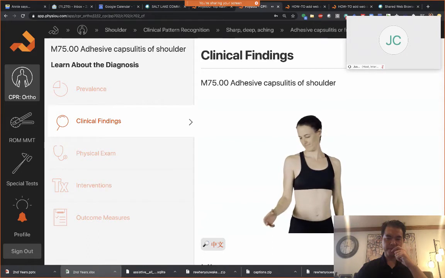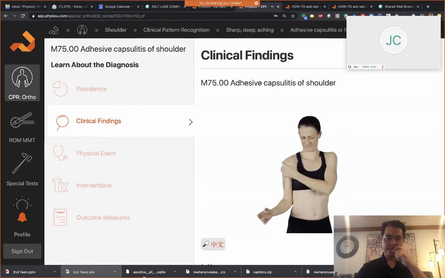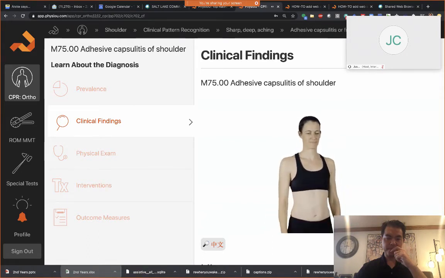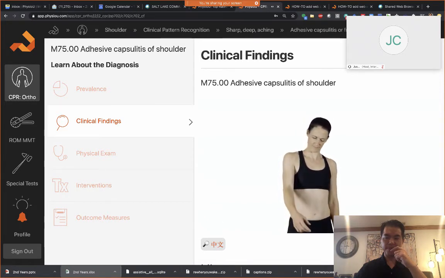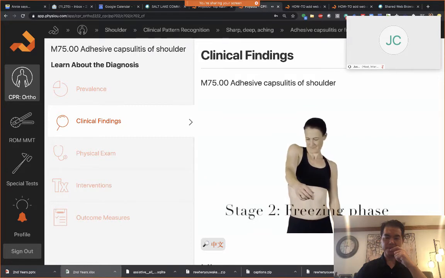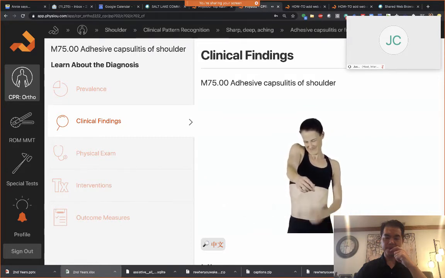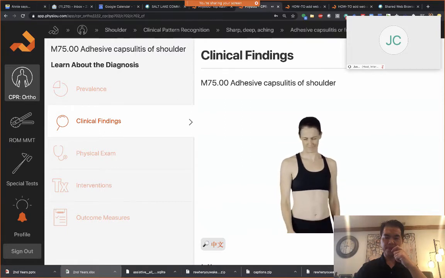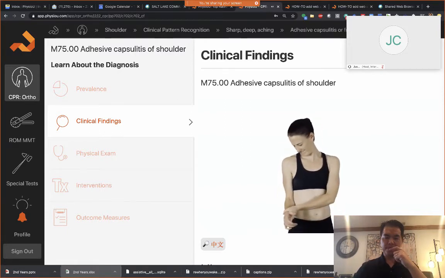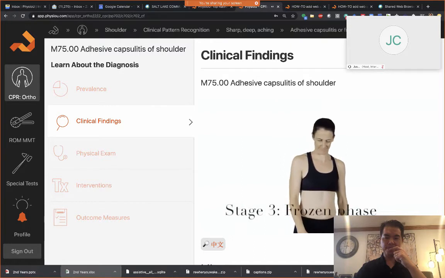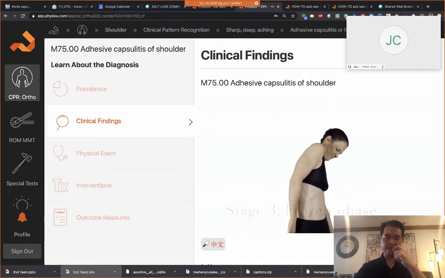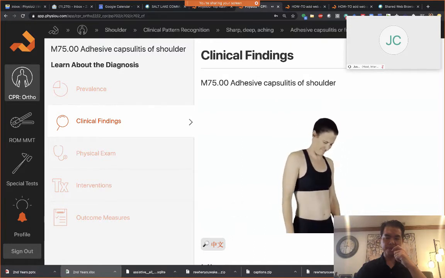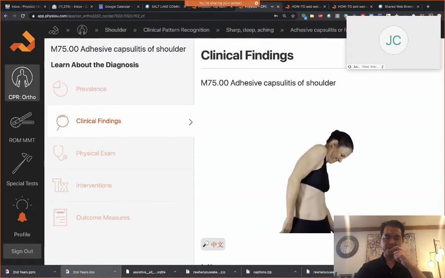An intact rotator cuff on testing of the muscles and early loss of external rotation range of motion is a hallmark sign at this stage. In stage 2, the painful or freezing stage, the patients present with gradual worsening of motion in all directions due to pain, and this can last from 3 to 9 months. The third stage, the frozen phase, is characterized by pain and loss of motion that can last from 9 to 15 months.